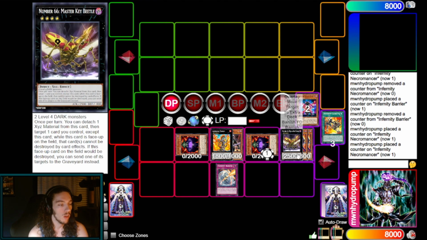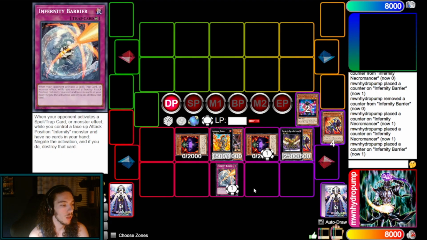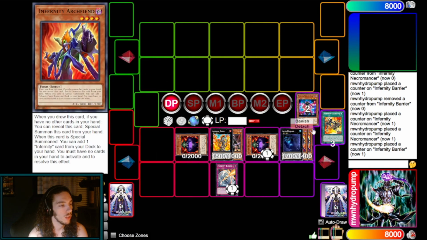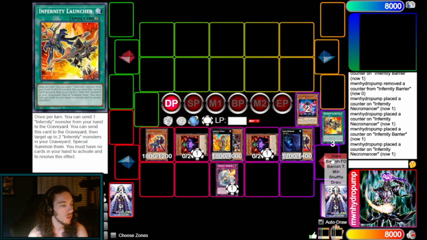So you could just make a Key Beetle, or you can make a Abyss Dweller. Now you can technically go Key Beetle to protect your Barrier. So yeah, we'll just make an Abyss Dweller here, because it's kind of like generic. Now you do have to detach one of your materials to get Arching in the grave, but you go Necromancer effect to get Arching,